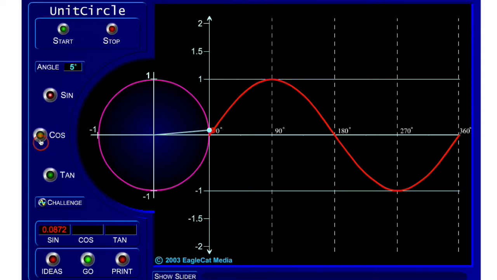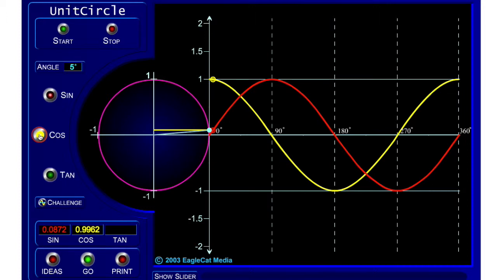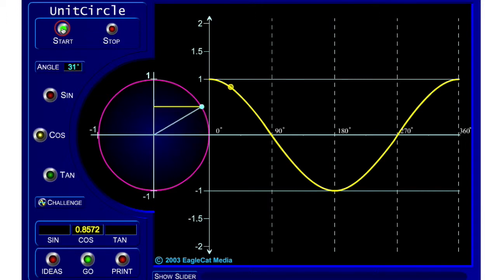I can continue on and apply the cosine on top of it, so there's a cosine on top, and let's just take a look at one full revolution of the cosine, one full revolution of the unit circle. Let's turn off the sine and hit start, and you can see the two dots. Of course now we're looking at the x value, so